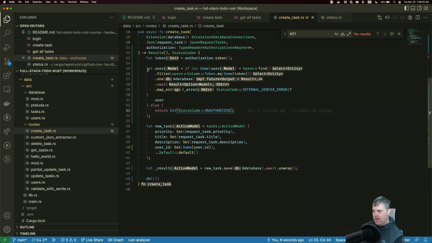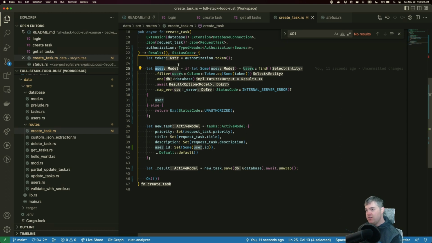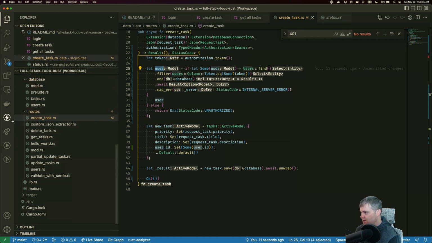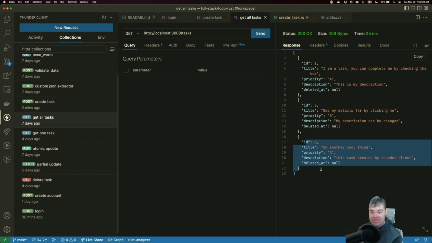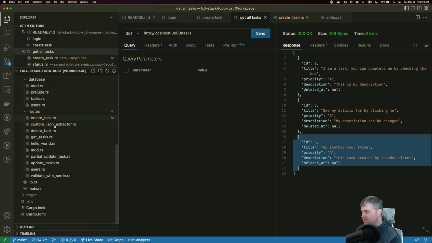Okay, so we're going to use user. Everything is good here. Now, to verify that the user ID got added in, I want to update. Let's go back to our Thunder client. I want to update our get all tasks so we can see the user ID inside of here. So let's go to get all tasks.